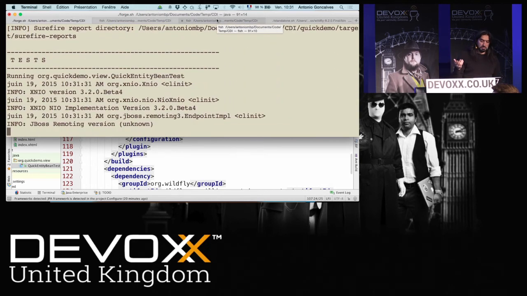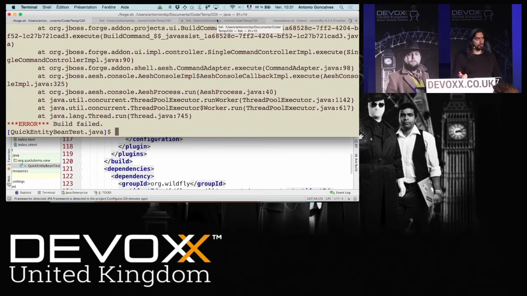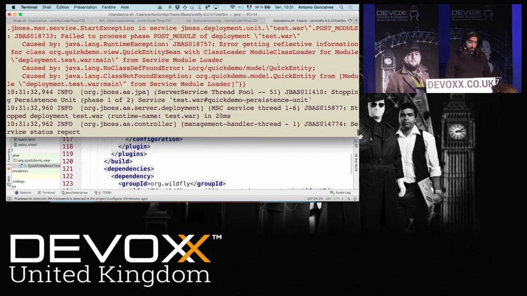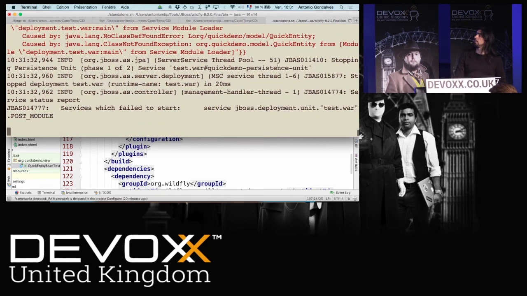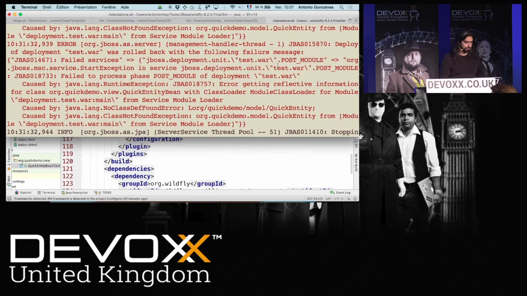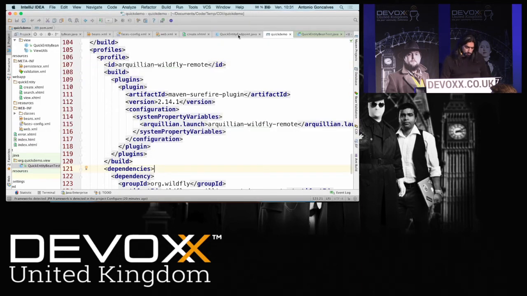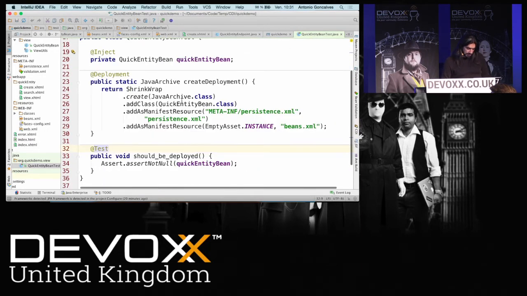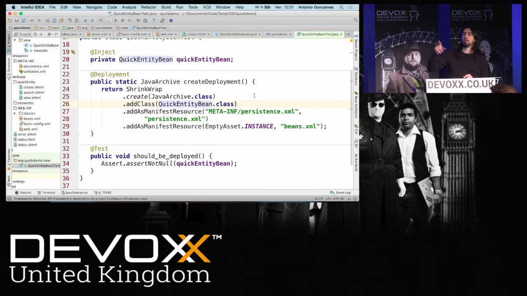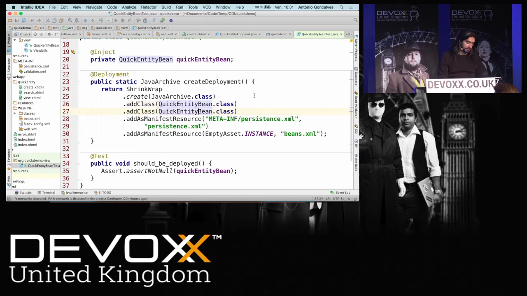it's packaging, it's doing stuff, and it fails miserably. And it's true that on the other side, I have my JBoss here that also failed miserably. Why? Well, that's because here, Arquillian is packaging only the controller. But, hey, the controller depends on the entity, actually. So here, I'm saying to Arquillian, package in a jar file the JSF controller plus the entity.